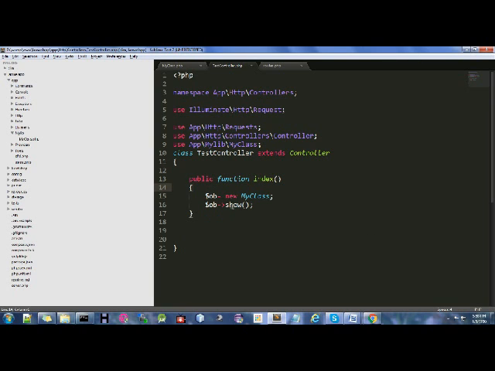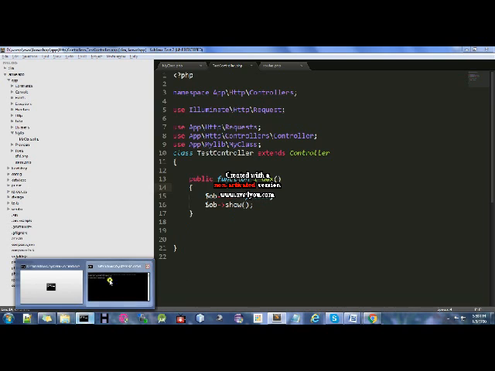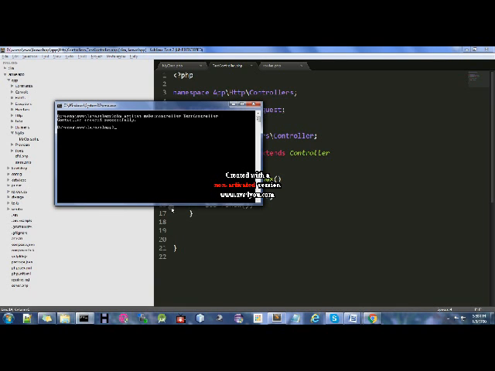Now, instead of using these class functions, the code has become lengthy. If I'm going to declare four or five different classes and use the member functions of all those classes, it becomes a difficult task for me to write. So to make the code simpler, I'll implement service providers. Let me create one service provider. Before that, I'll show you one thing.